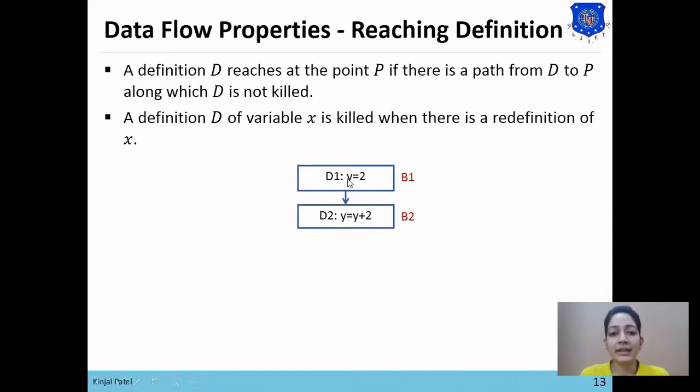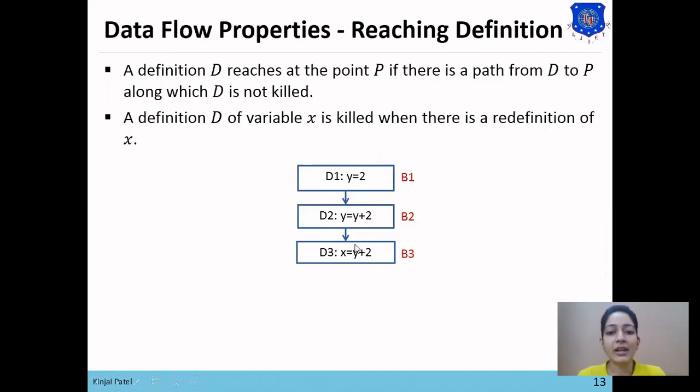So now the variable y is killed by this block B2. So D1 definition reaches to D2. As the definition of y has been changed by B2, D1 can't reach to D3. Here D3 is x equals to y plus 2.